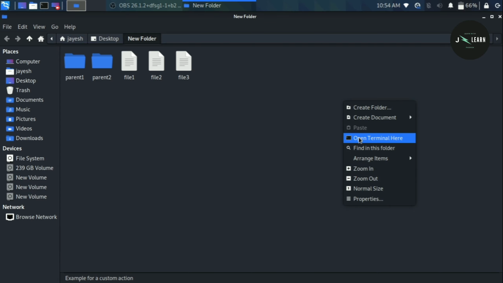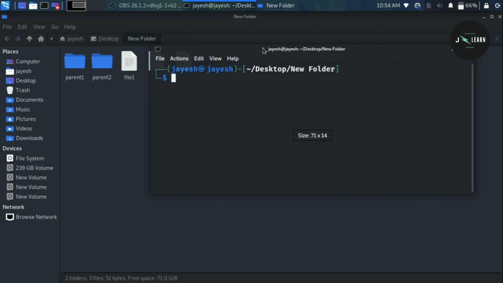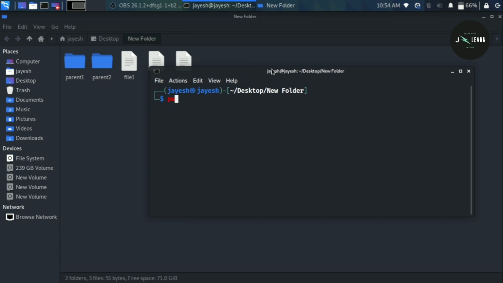cd command is used to traverse through the directories. You can use it to go to the root directory, home directory or any directory you want. It is like file explorer of terminal. If you type pwd, which is present working directory, as you can see it is showing us in new folder.